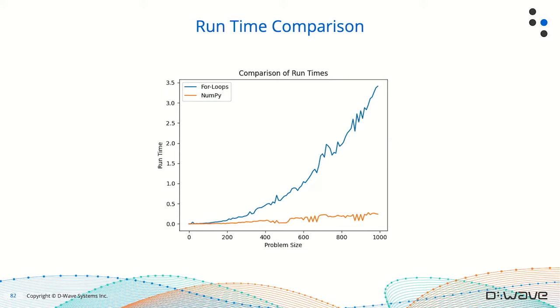So once you start scaling up to these larger problems, and you think about how our hybrid solvers, that binary one, can run problems up to 1 million variables, you're going to want to be really smart and really efficient in how you're building up these binary quadratic models so that you don't have any of those bottlenecks.